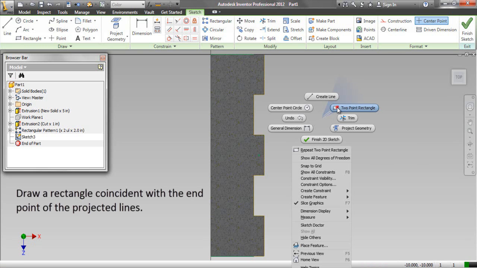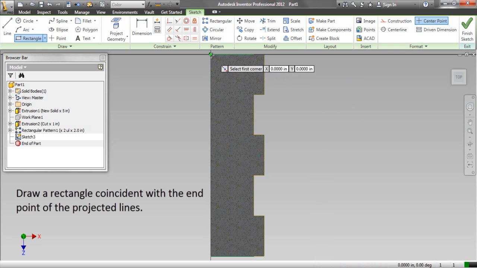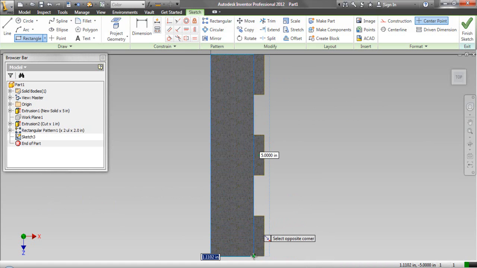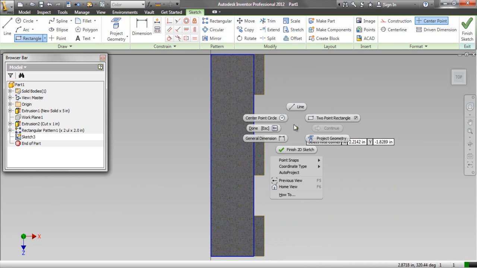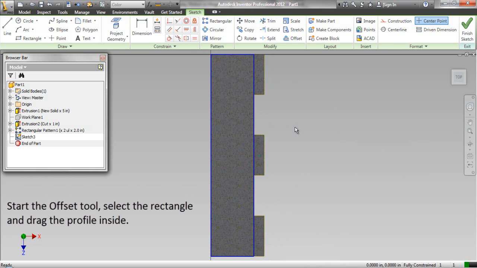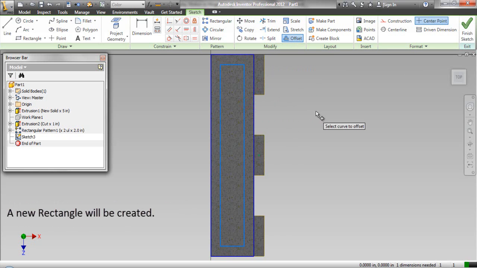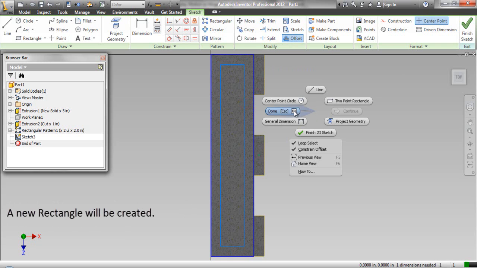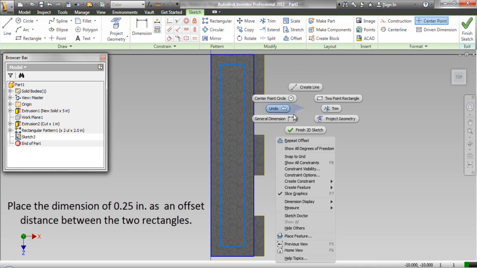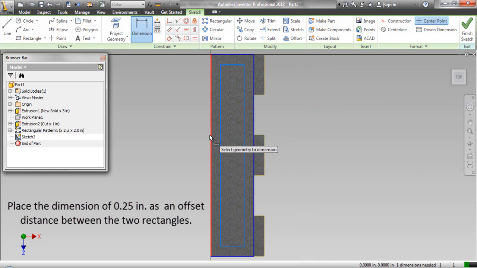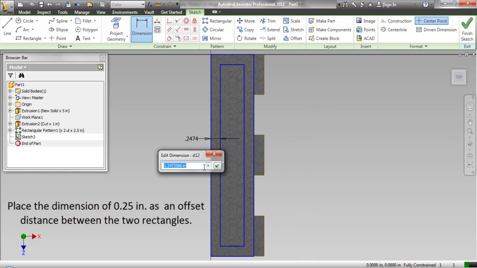Draw a rectangle coincident with the end points of the projected lines. Start the offset tool, select the rectangle and drag the profile inside. A new rectangle will be created. Place the dimension of 0.25 inch as an offset distance between the two rectangles.